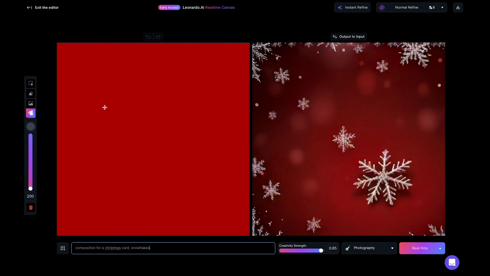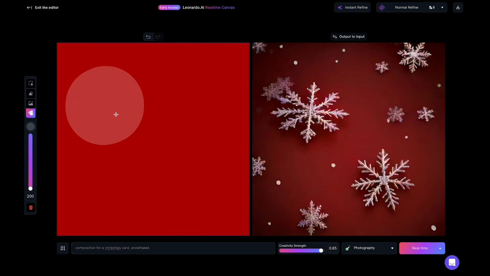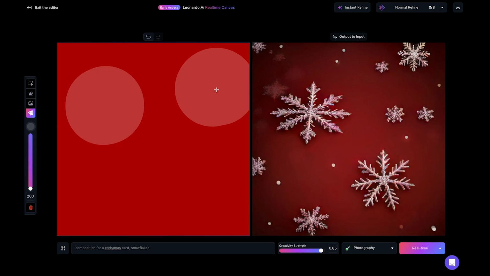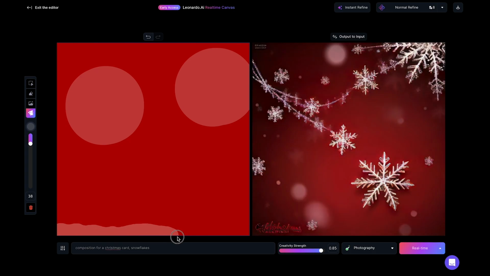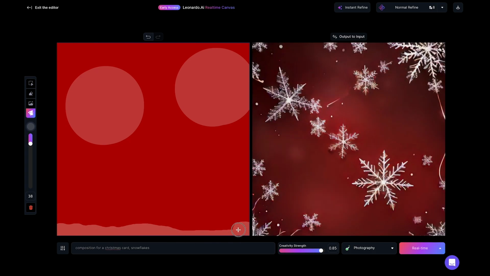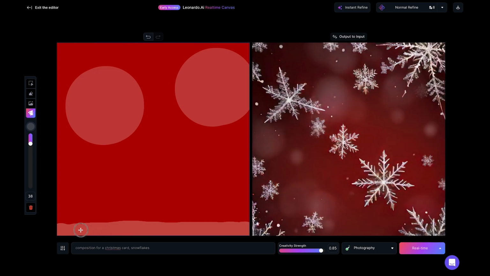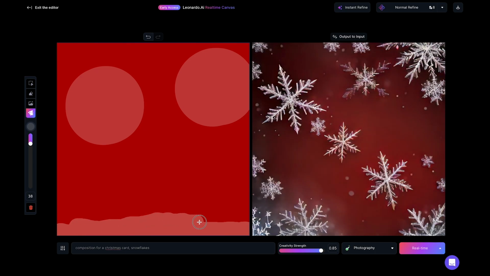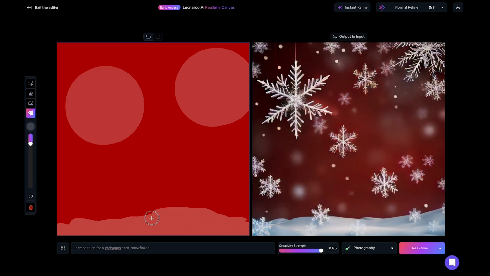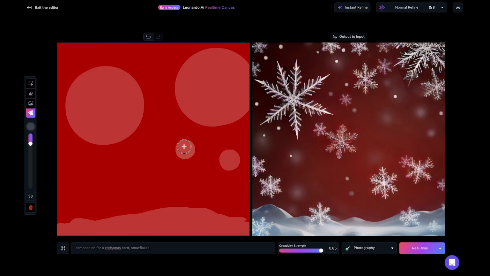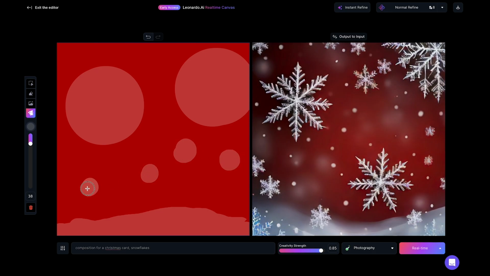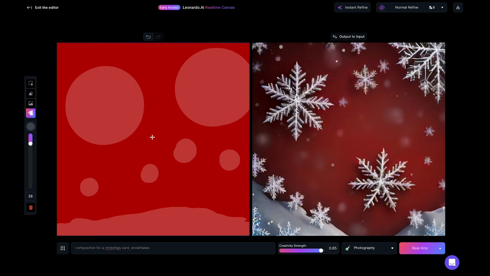And now what I'm doing is I'm adding little bits of faint white to this card to try to give it hints about where to place those snowflakes. So it's already got some ideas, which is cool. But so you can kind of give it just a little bit of a nudge in whatever direction you're wanting. And so you can see here that it's placed some snowflakes, larger snowflakes in around where I had placed a